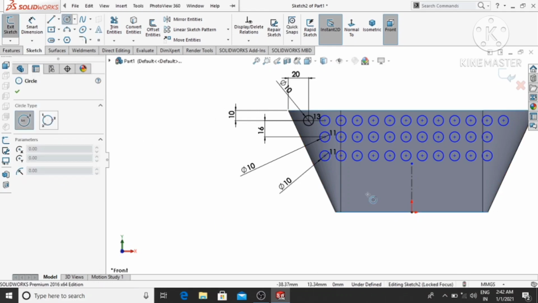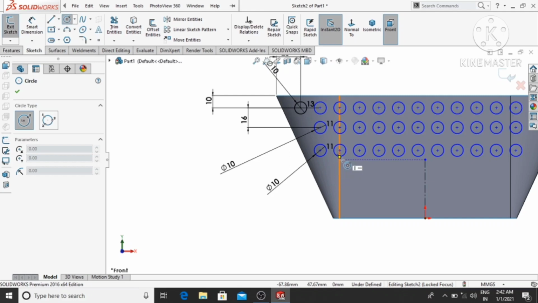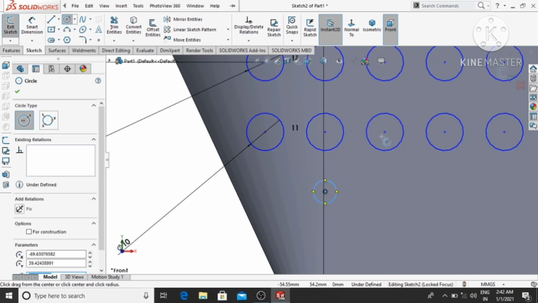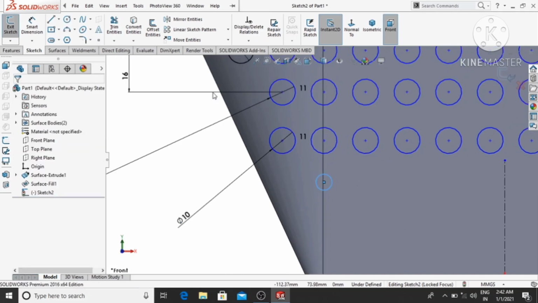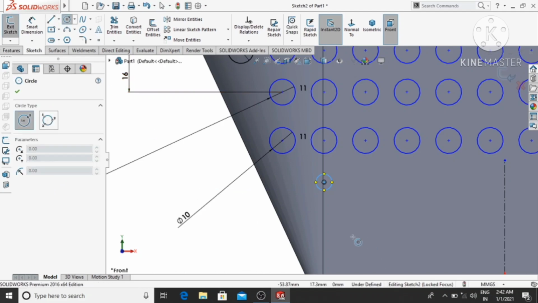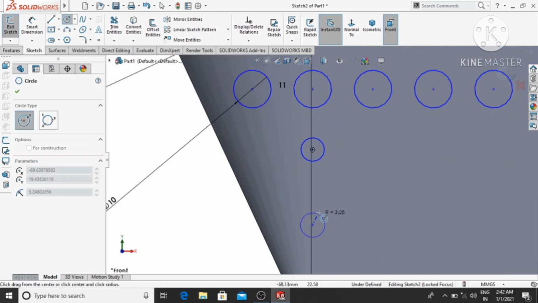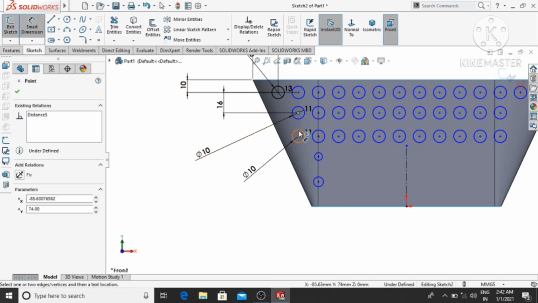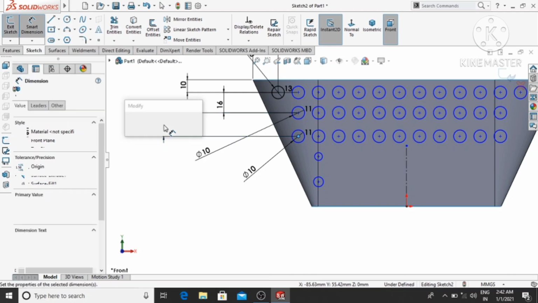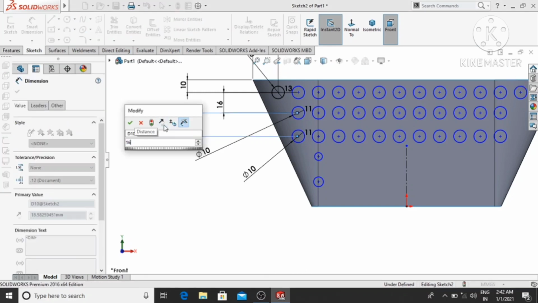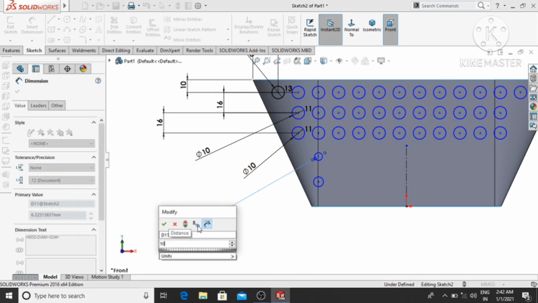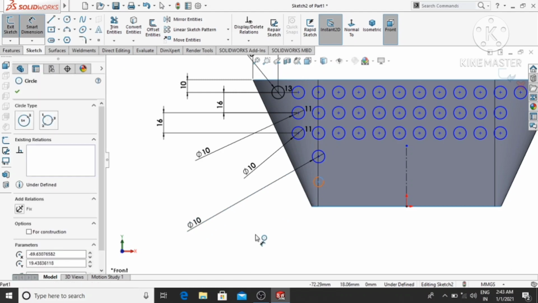Now again select this circle and make a circle from here. Make sure it is a 60 mm gap. Select this one and make it 10 diameter.